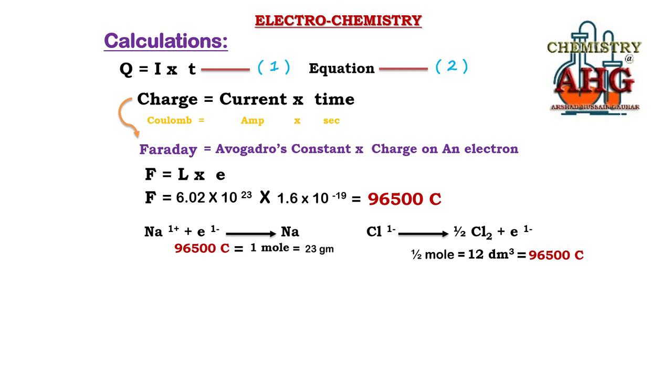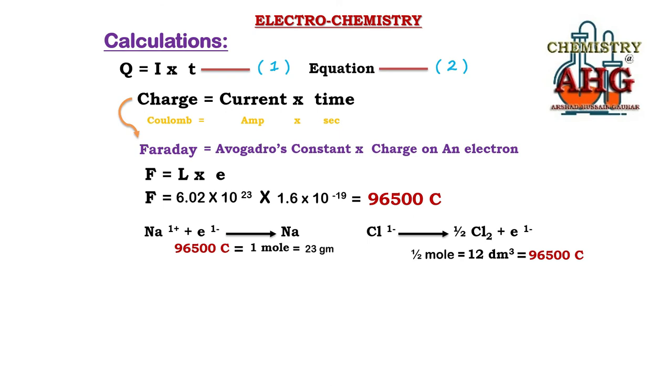One more thing, remember, I have told you there are two steps, but the sequence of steps can be different in different numerical problems. Always remember, if in a numerical problem both current and time are given, then what will be the sequence of steps? Step 1 followed by step 2, if both current and time are known. But in some numerical problems, current might be missing or time might be missing. So whenever time or current is unknown, the sequence of steps will be step 2 first, followed by step 1. How is that? I'm going to give you some examples in this video that will make your mind clear how to do these types of calculations.